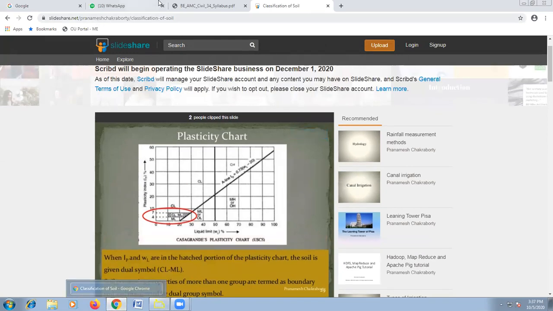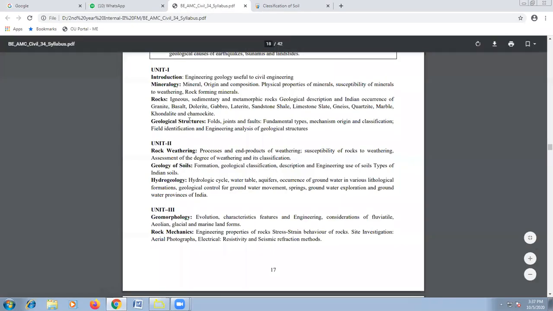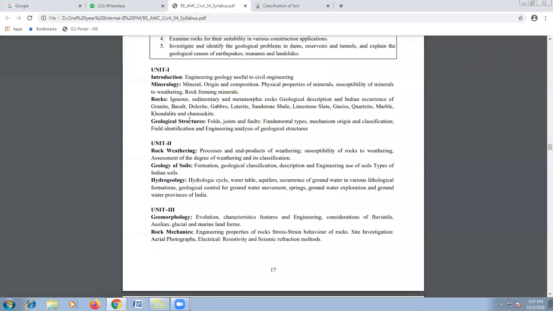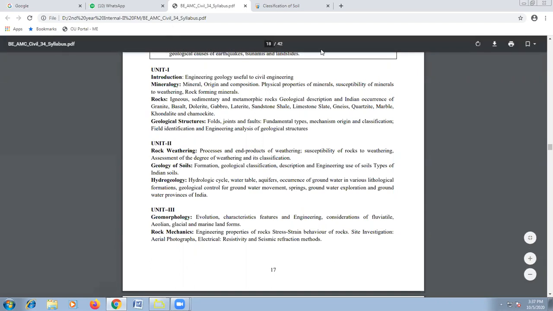Then you would also be looking briefly at the soil groups of India. I will definitely be sharing the notes pertaining to engineering classification of soil in the blog. Then you have major soil groups of India. You might get a question on this also, so it is better not to ignore this. You have types of Indian soils.